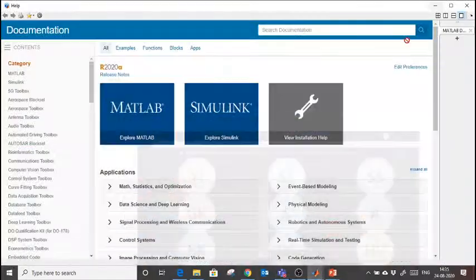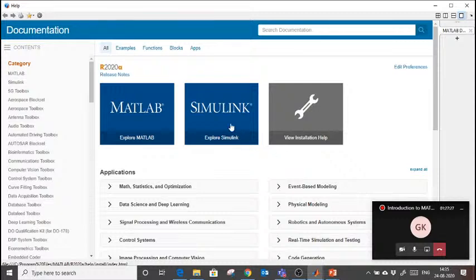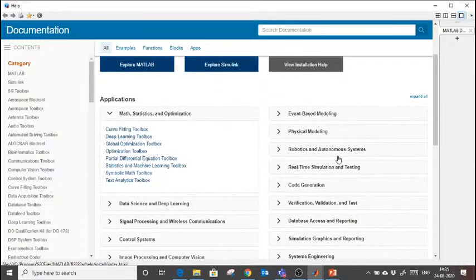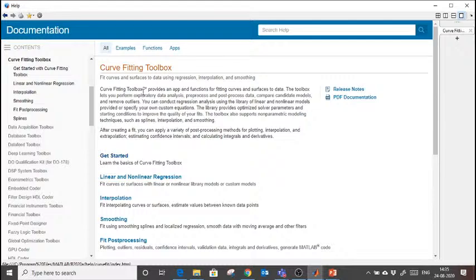Okay, so I clicked on help here, and now you see that group-wise toolboxes are given here, right? I want to know how many functions are available in the Curve Fitting Toolbox. Let's say I will click on this, and here I will click on functions,